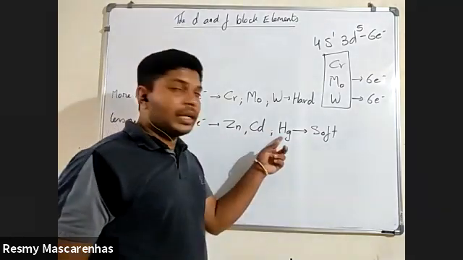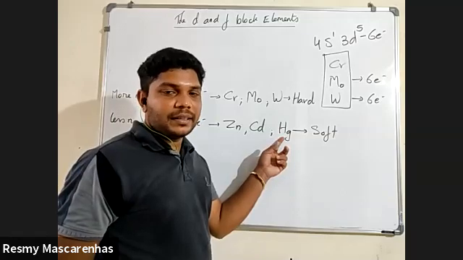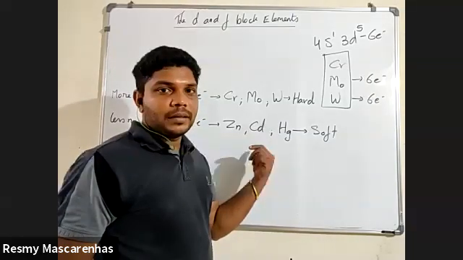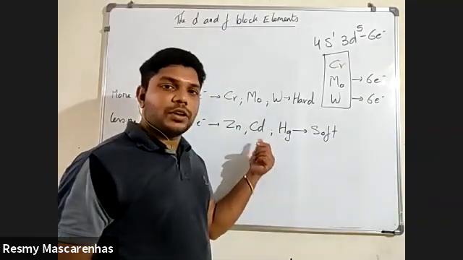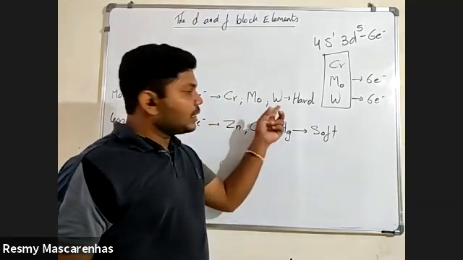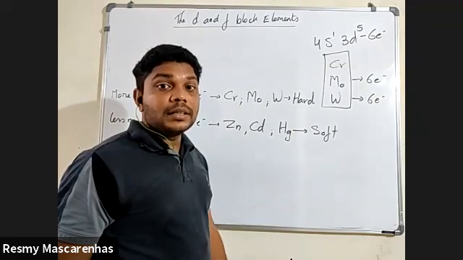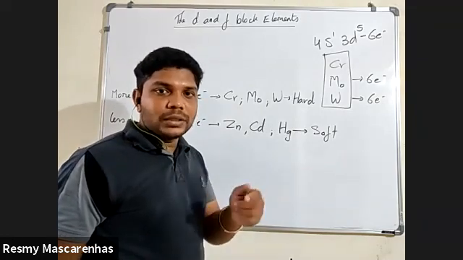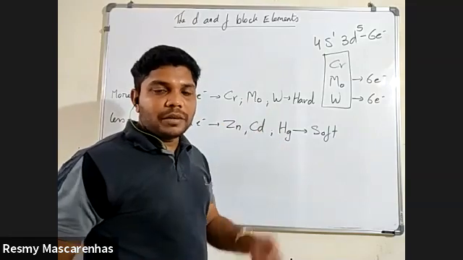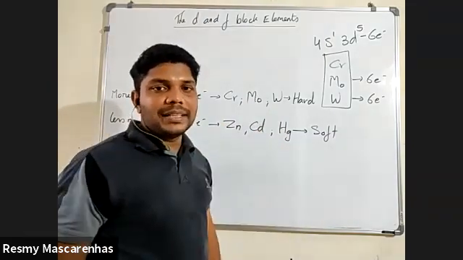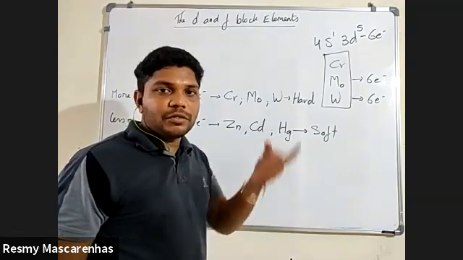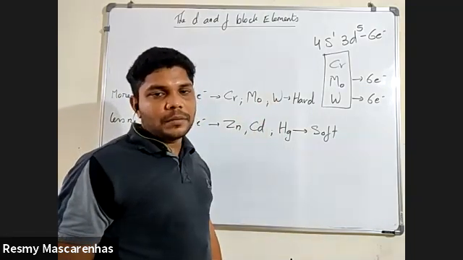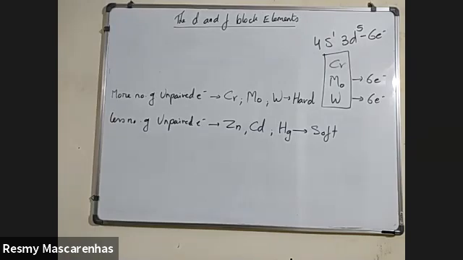You have seen, students, mercury is in liquid state, right? Yes, sir. It is because of this reason. This metal is very soft. Same with cadmium, it is soft. Zinc is also soft. You have seen tungsten. Tungsten is very strong. That's why we are using a tungsten filament in a bulb. Even if we heat it, it doesn't melt easily because it has a strong attraction force because of the unpaired electrons. Understood? Yes, sir. Okay, so these are some of the important things, or new things, you have learned today.